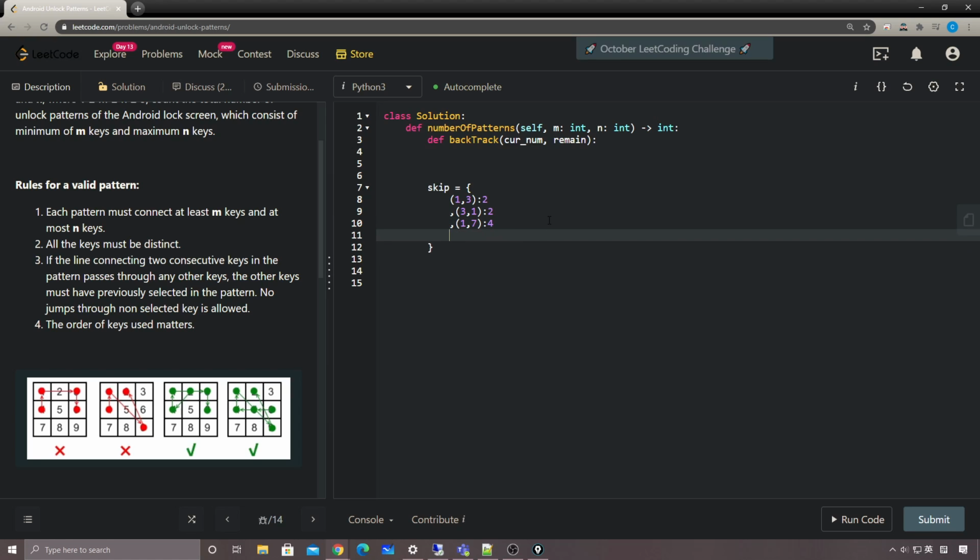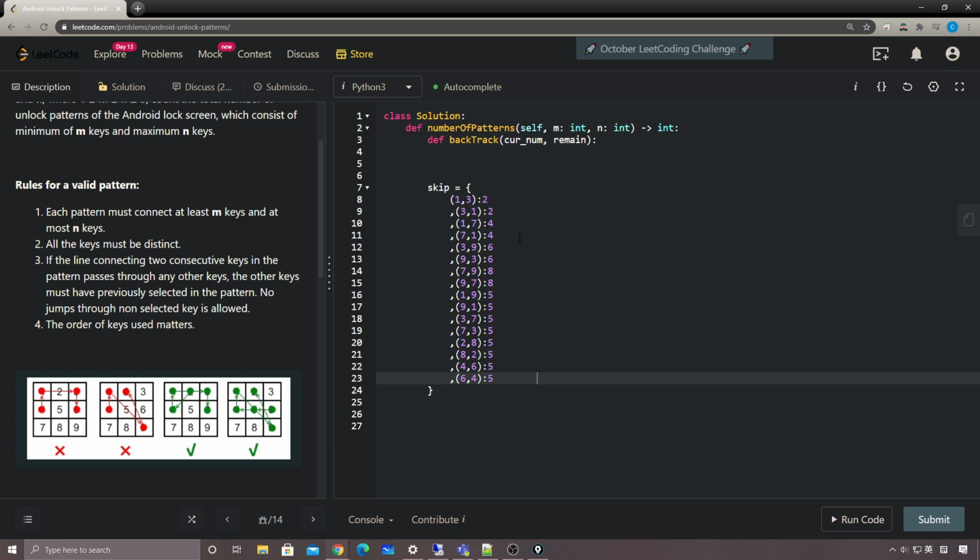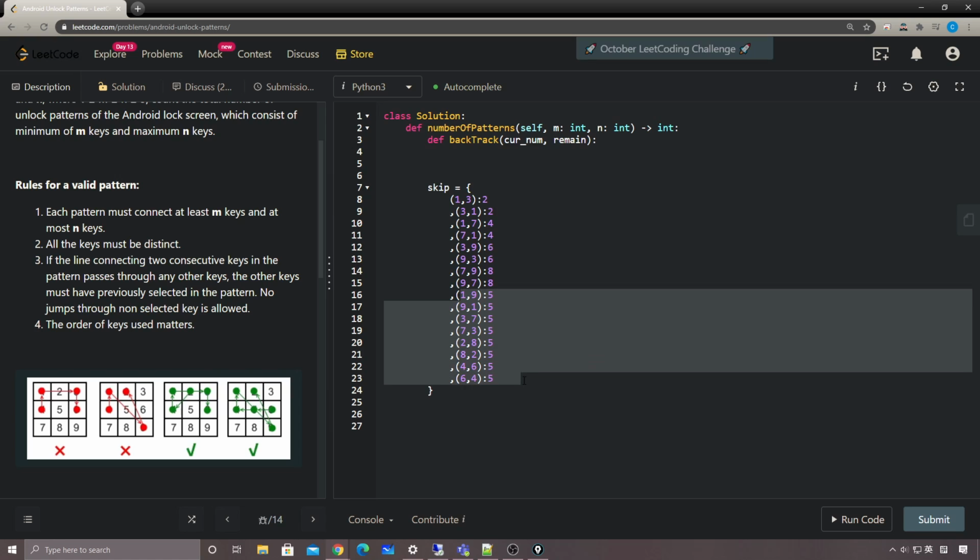4 and 7, 1, 4. Okay, actually, I've already written it down somewhere here. So that's basically the skip dictionary here. As you can see, from 1 to 3, we need to skip 2, and 7, 1, 7, 7, 1 is 4, the 6, 8, and this is our